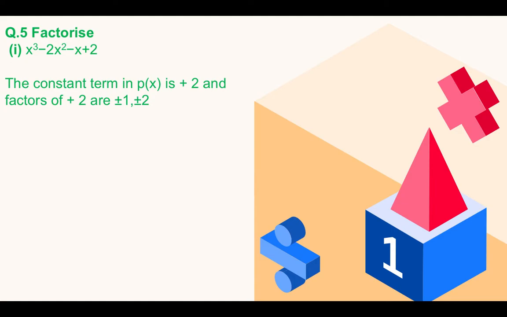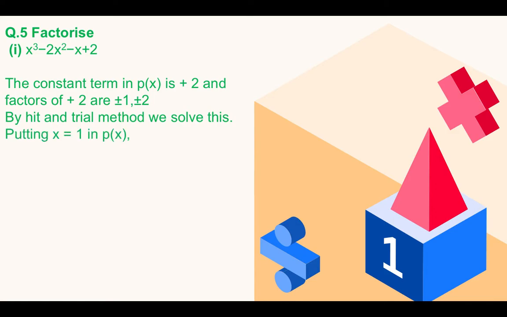Whenever you get a polynomial and you are asked to find the factors, what will you do? You will take the constant term and find the factors of it. Now what is the next step? Next step is the hit and trial method. By the hit and trial method, we will substitute the values of x which we have taken as the factors, plus minus 1, plus minus 2. And we solve the polynomial by substituting the value of x as plus 1 or minus 1, plus 2 or minus 2. Let's see what we get.